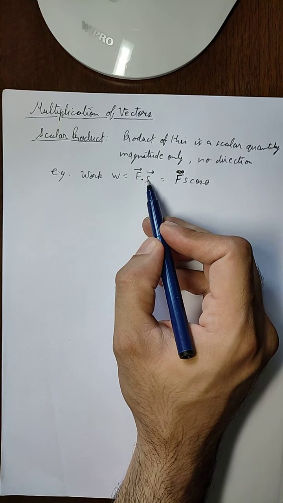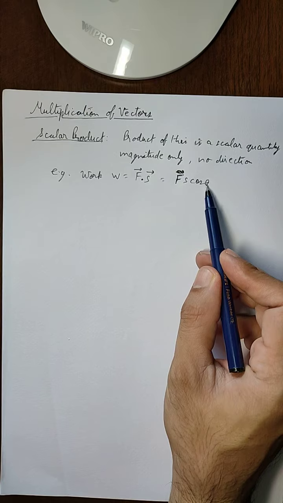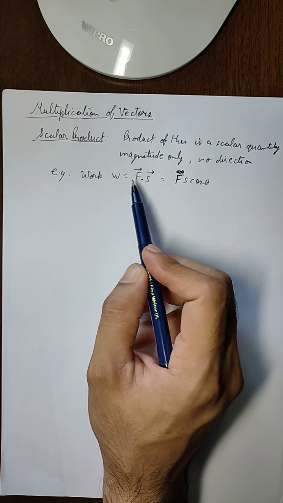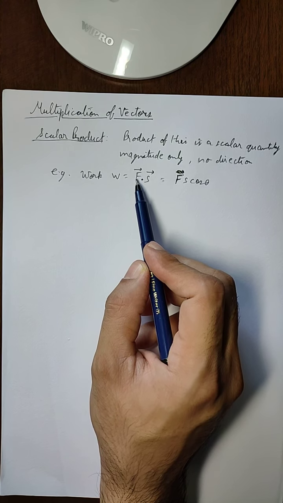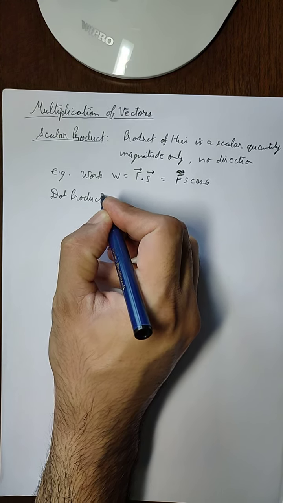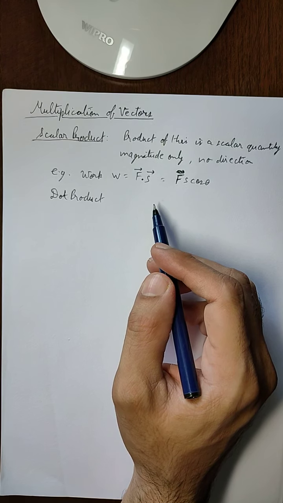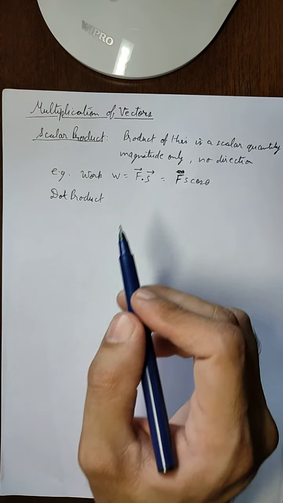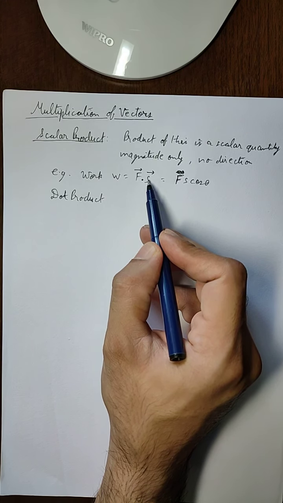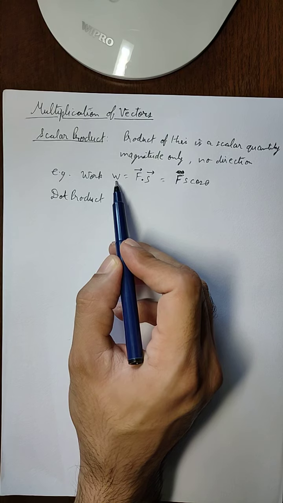At that time I told you that these are two formulas for the work. We use the first formula when both force and displacement are in the same direction, and in the other formula there will be a theta angle between force and displacement. But actually this is nothing but the scalar product for the work. It is said as F dot S. It is a dot product. The scalar product is also called dot product because we represent this multiplication by using a dot. So from now on we have to be very careful what sign of multiplication we are using. A dot means scalar product. That means the dot product of force and displacement, which are vector quantities, will give us work, which is a scalar quantity.